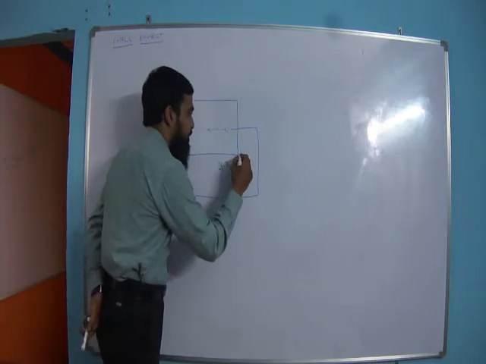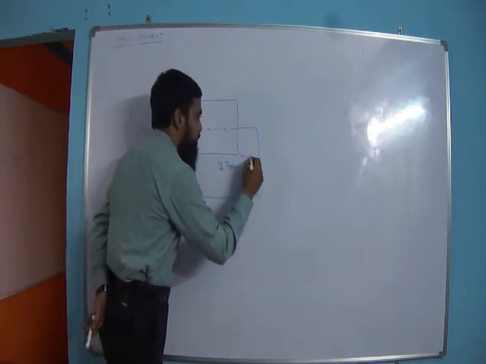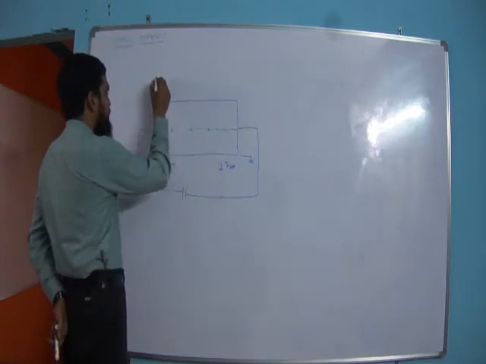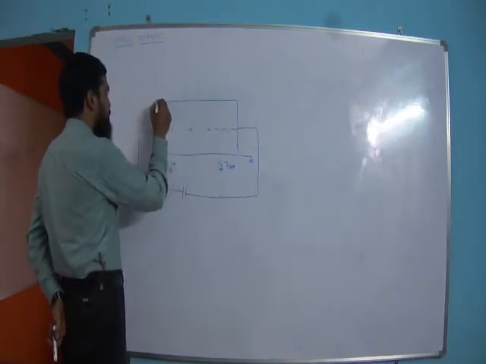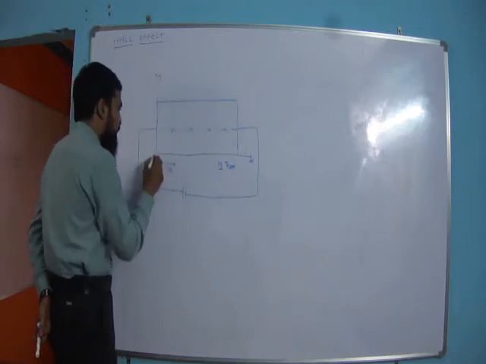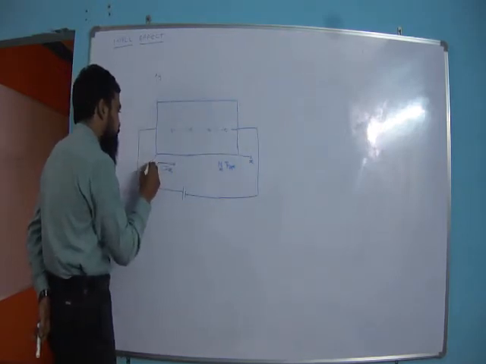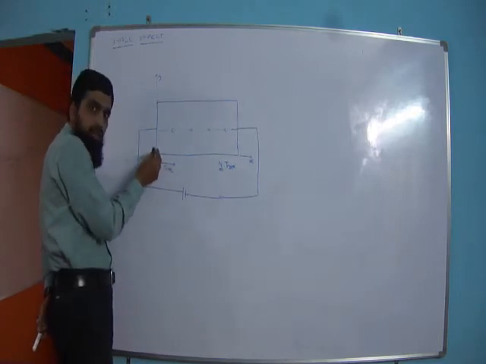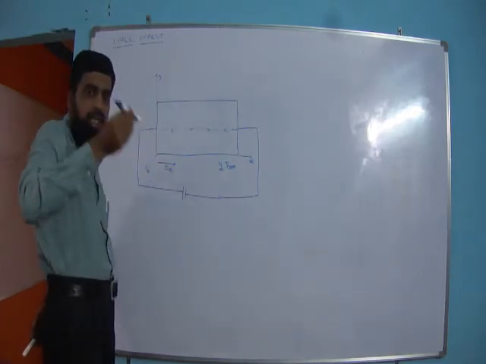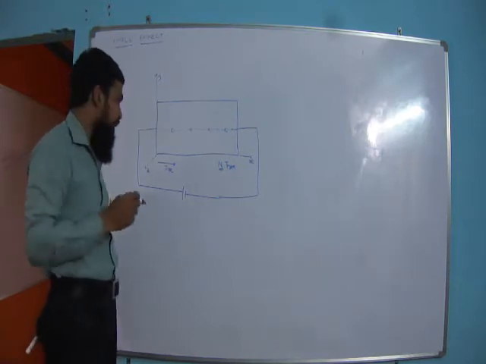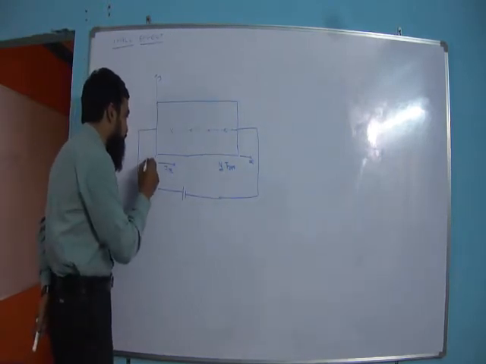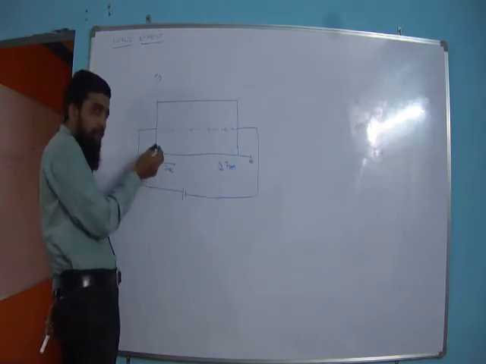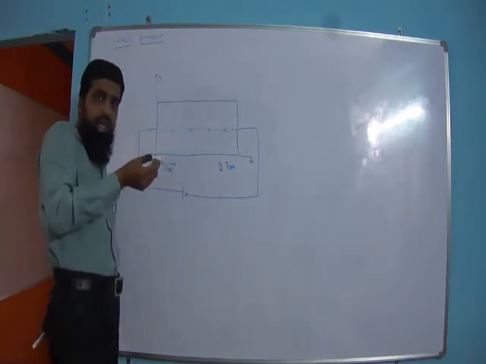Let us consider our notation for this class. This is the X direction, and this vertical axis we are calling the Y direction, and outside the board towards you is the Z direction. Now when you switch on a magnetic field in Z direction, which is coming from the board towards you,